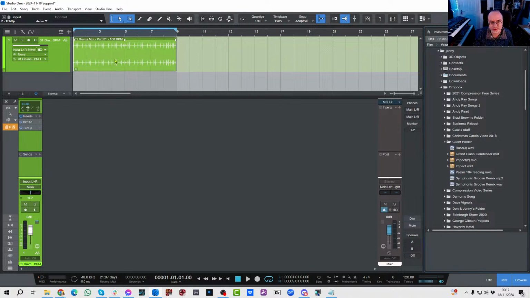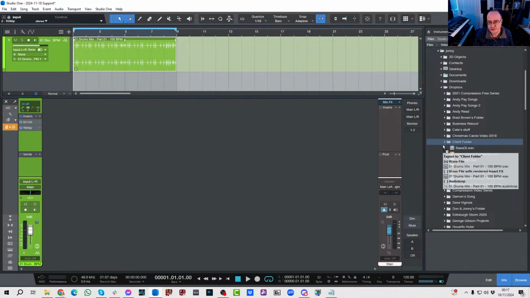Let's grab this guy here. Let's go over to our client folder, and there you can see the options. We've got WAV file with rendered insert effects, and then we've got audio loop. We don't want to do an audio loop, so we just tap the Control or Command option once, and now we've got the X next to WAV file with rendered insert effects. So now I let go,